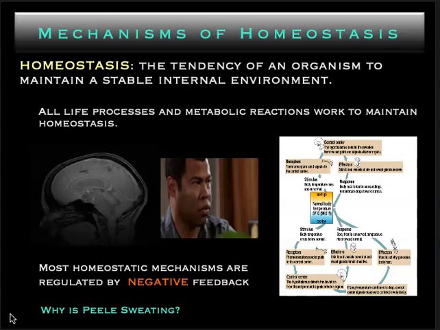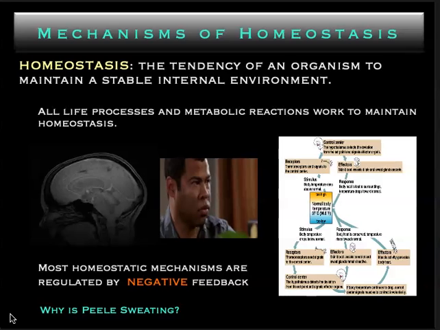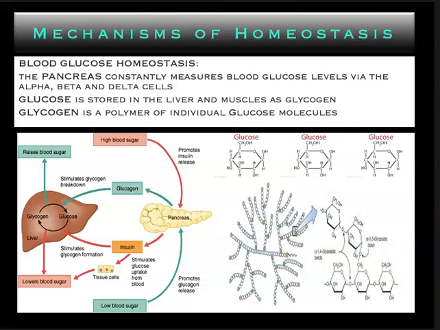And the one mechanism of homeostasis we're going to be looking at over the course of the year is going to be the regulation of blood glucose. Blood glucose, right? So that's blood sugar. And there's some critical players here. Number one, the organ that senses and reacts and has both the effectors and the set point